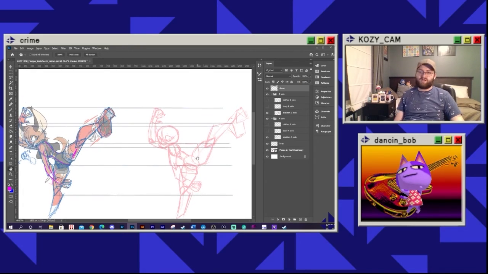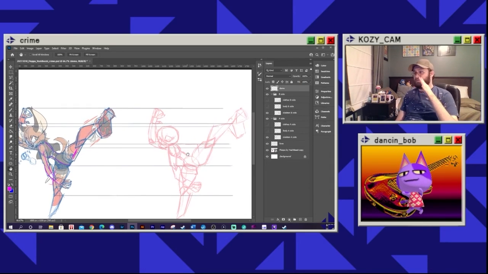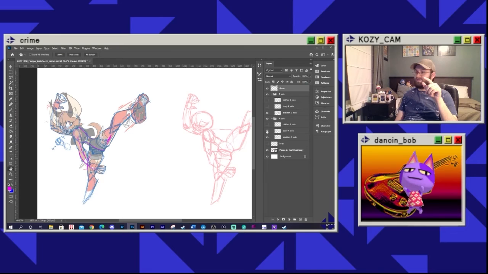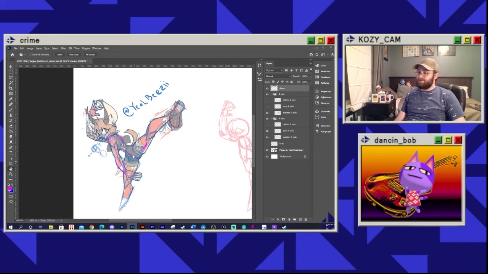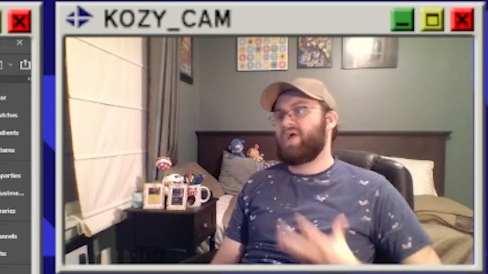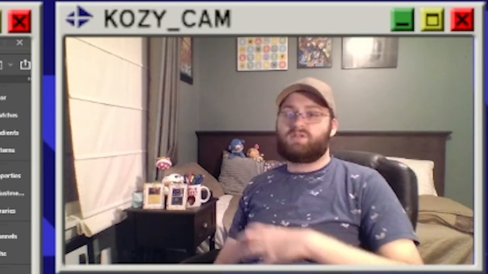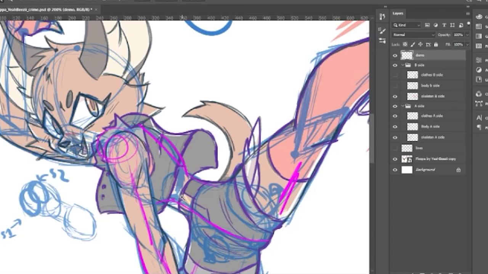And eventually, hopefully, I'll get to a point where I'm good enough where I can just eyeball it and just see how tall something is and where a point meets up. And then I tried to figure out where the body was. So after I found where the main bits of the body were, then I went over the clothing. And I went over the clothing because clothing is something I currently kind of struggle with, I feel like. And so I wanted to figure out how Alan does his clothing.